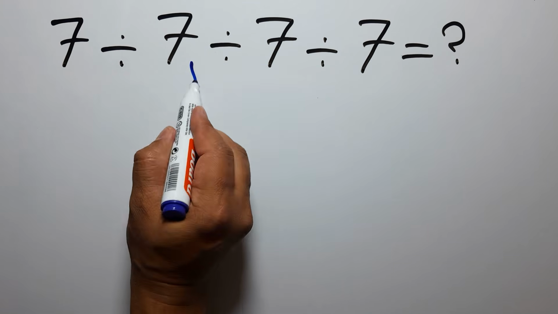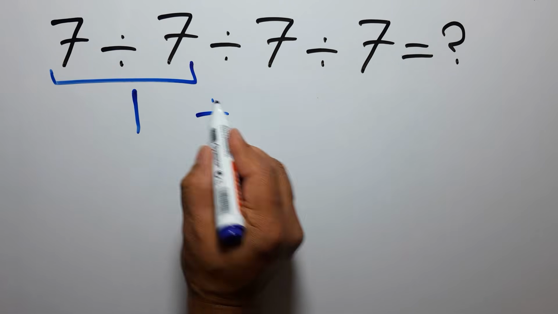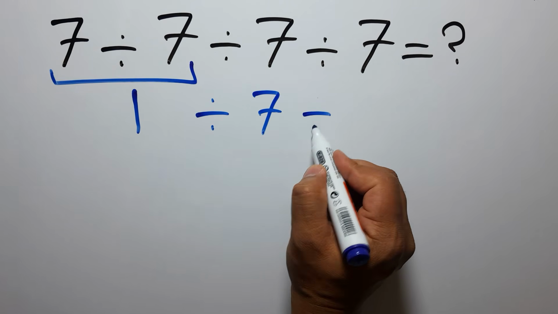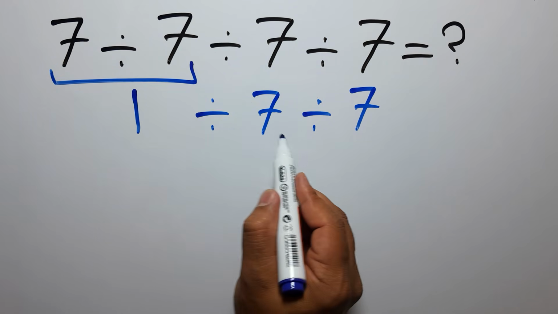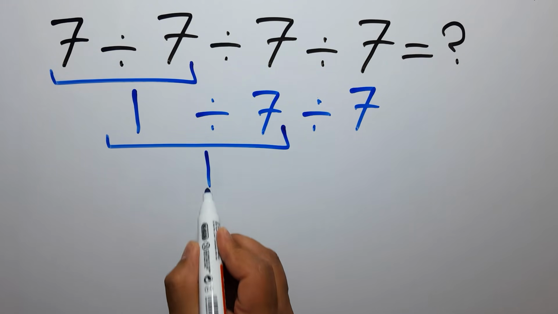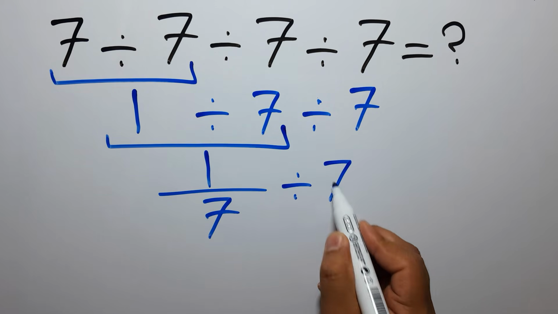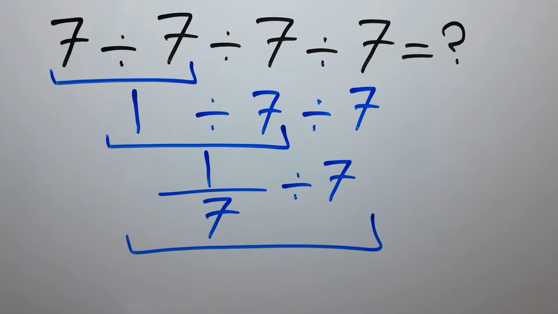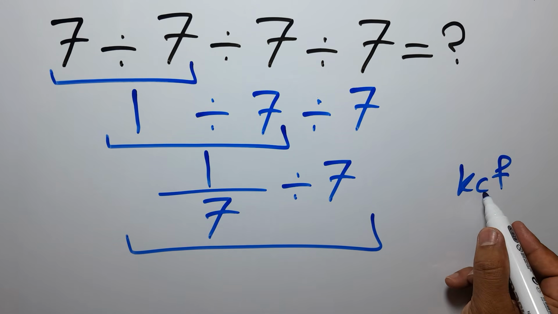7 divided by 7 equals 1. So we have 1 divided by 7 and again divided by 7. Now we have to do this division. 1 divided by 7 can be written as 1 over 7. Then divided by 7. Now, according to the KCF rule, K stands for keep, C stands for change, and F